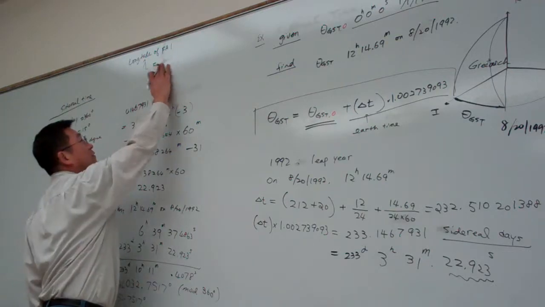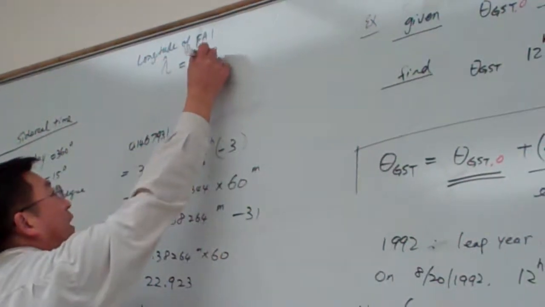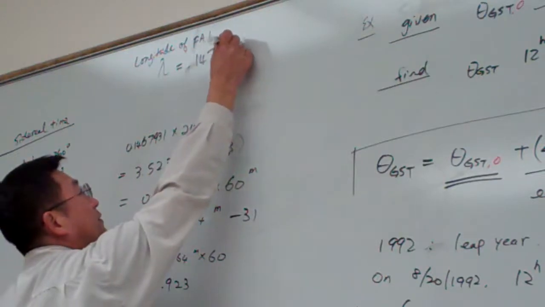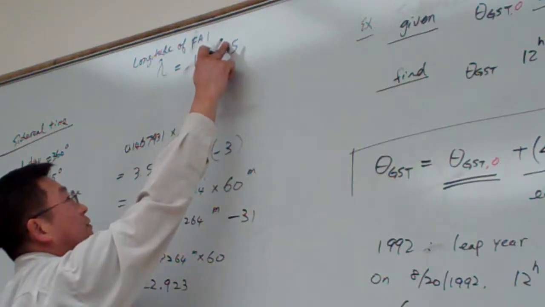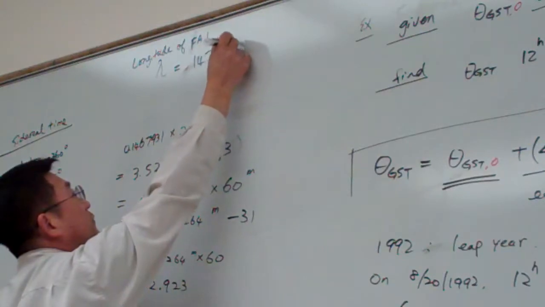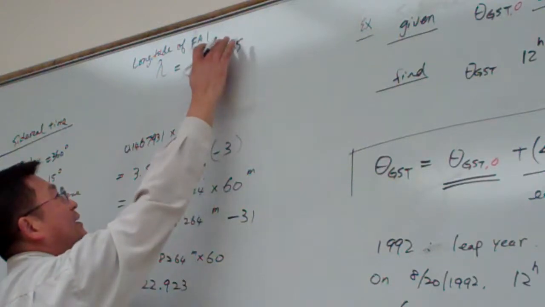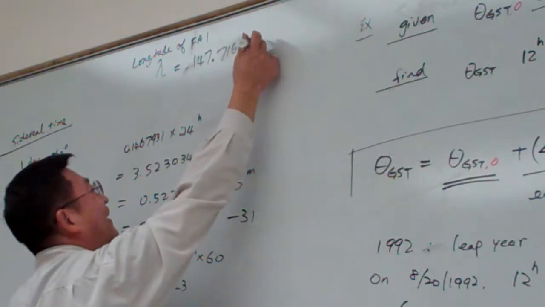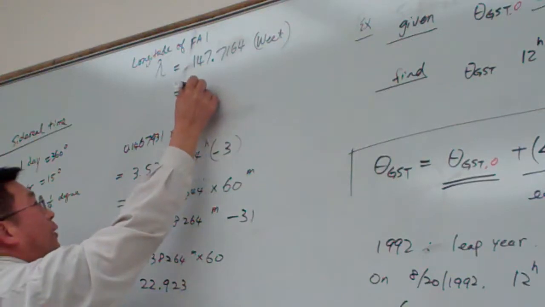Minus 147, and I want a little bit more precise. 147.7164. Right? 147.7164. Thank you. So that is the west, right? So basically that is minus